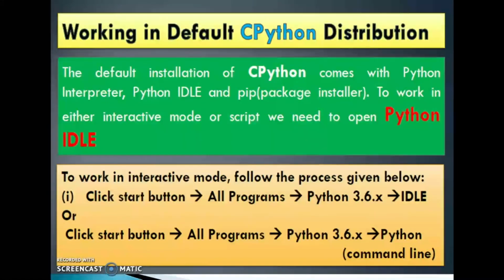Okay, how to do this? That is the next step. To work in interactive mode, follow the process given below. First, click the Start button, All Programs, Python 3.6.x, the version being 3.6.2, 3.6.3, like that.